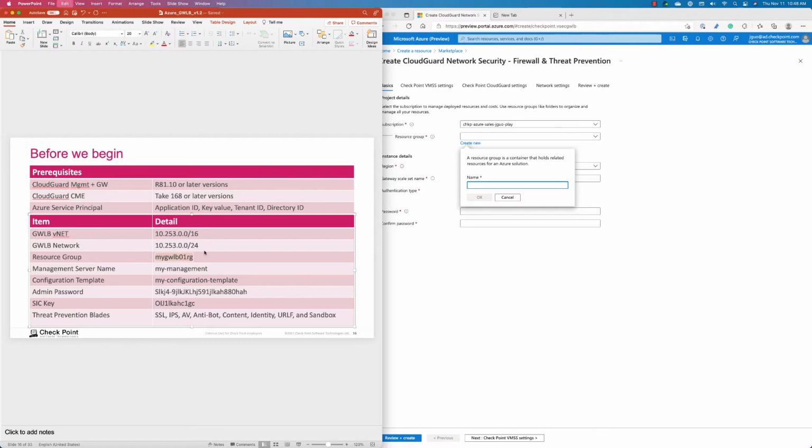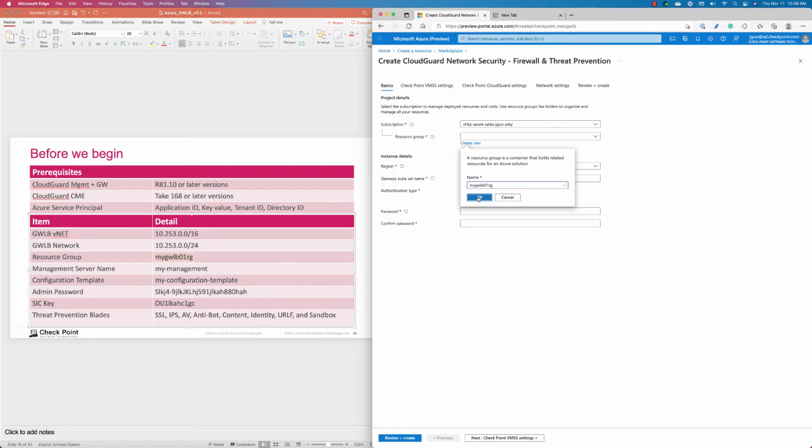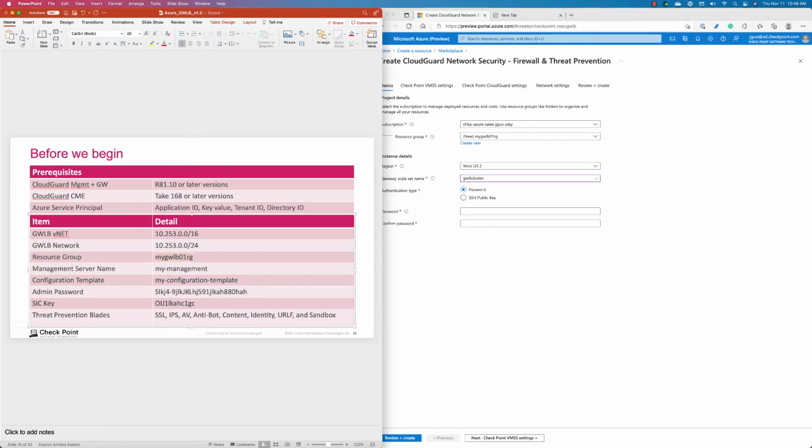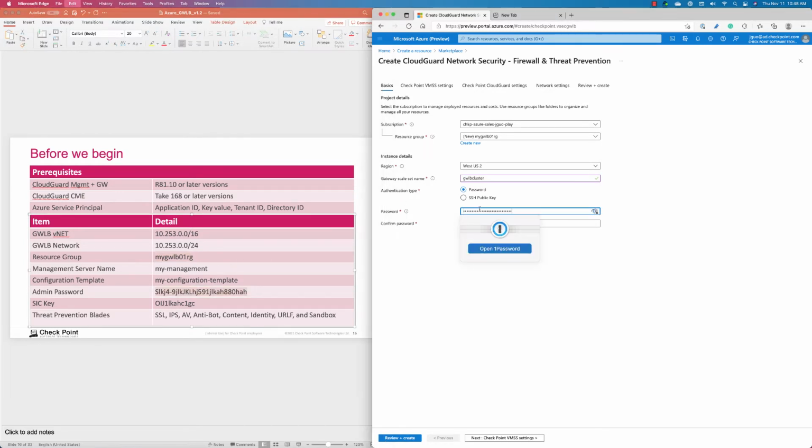So we're going to put in a resource group, the name of the scale set, our gateway passwords,